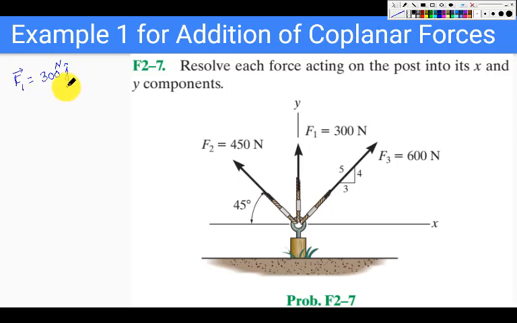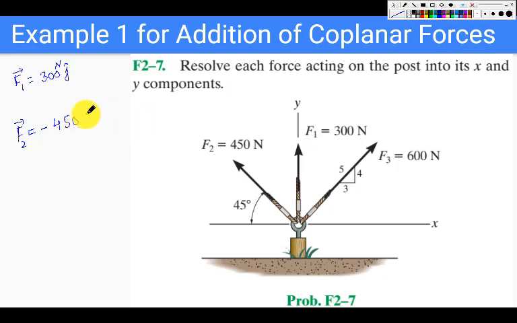So this was pretty straightforward. Now we look at F2. F2 is applied at 45 degrees to the negative x axis. So first of all, we know that the x component of F2 is going to be in the negative direction because it is along the negative x axis. So we put a negative sign, and 450